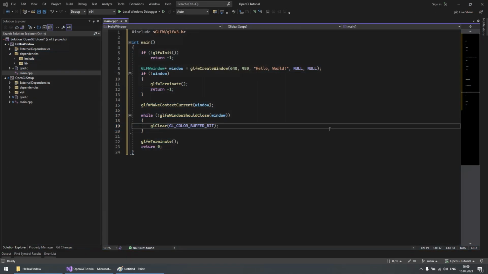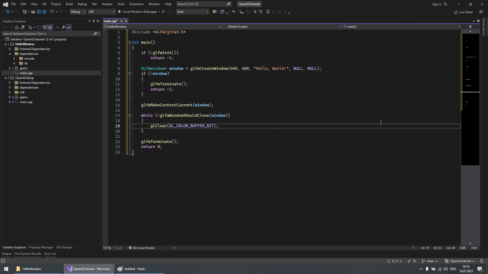If you don't clear the frame buffer of the color, this thing may happen. Well, this is the clear color.